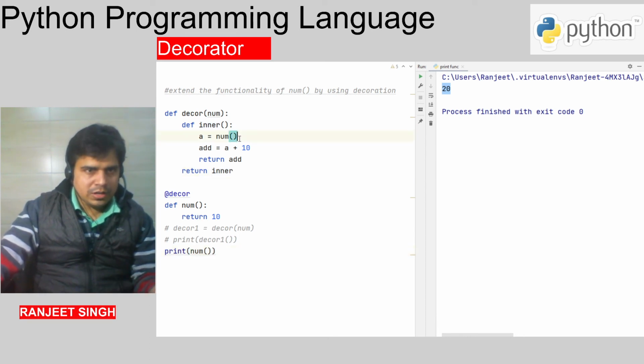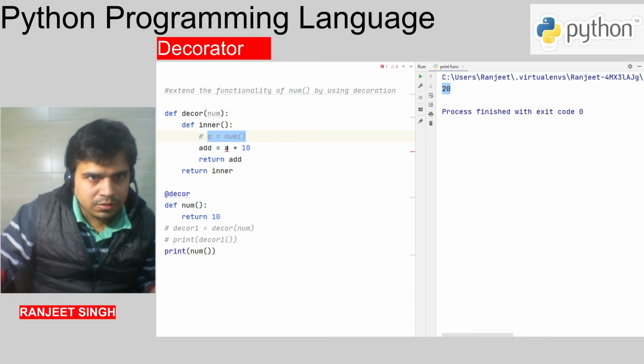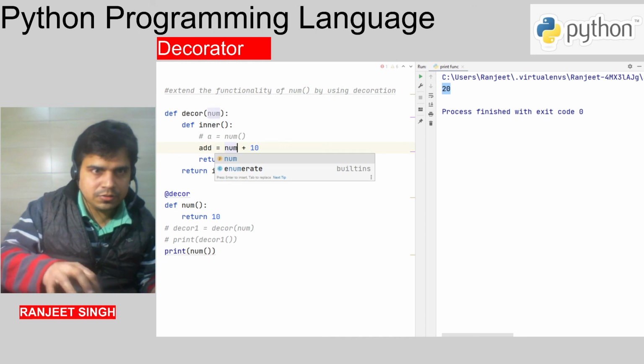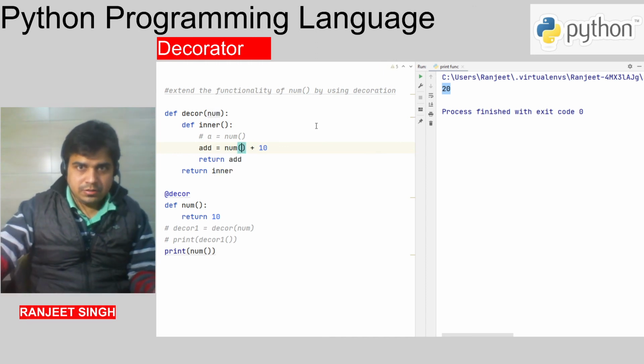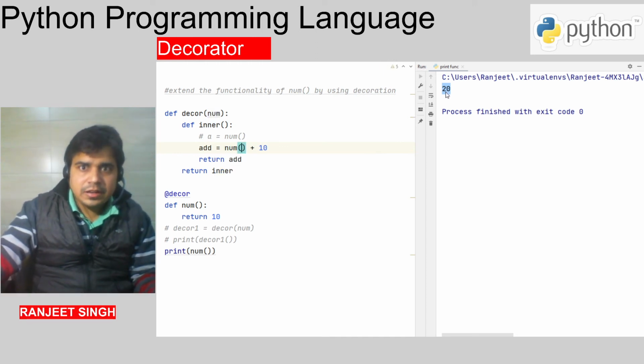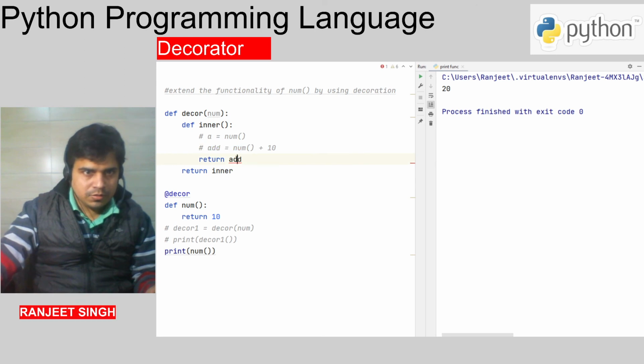Suppose we can also write it like this. We will again get the result 20, right? Or one more thing, we can also write this. Suppose we copy and comment it, or we simply write here.